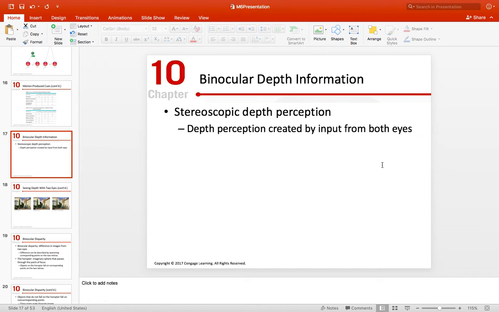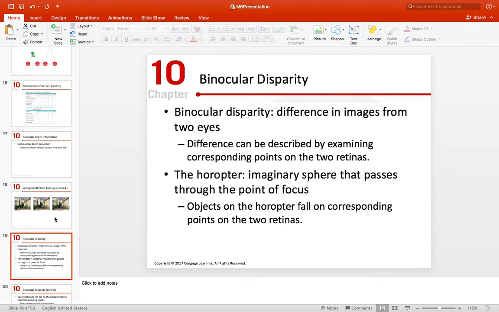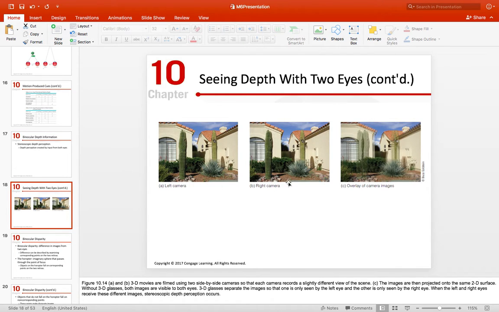And as it turns out, essentially, each eye, when you look at an image, or when you're looking about your room, looking at the computer, the image produced from each eye is slightly different. This is called retinal disparity, and it's mentioned here. There's binocular disparity and whatnot. So here you can see an example of that. What you have here is each image of this house taken from this left camera and this right camera